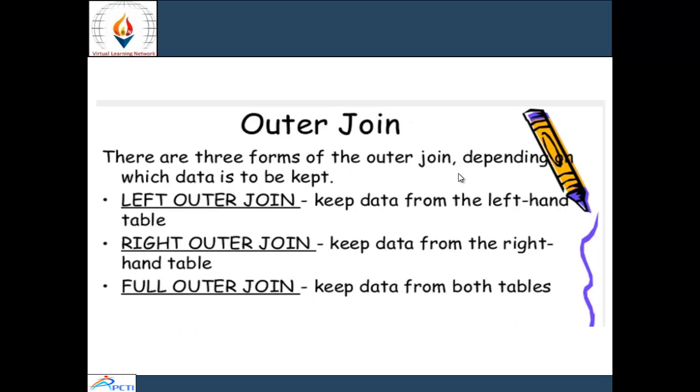An outer join can be categorized into three categories, that is left outer, right outer, and full outer join. Left outer means it keeps the data from the left hand table, right outer means it keeps the data from the right hand table, and full outer means we keep the data from both the tables.